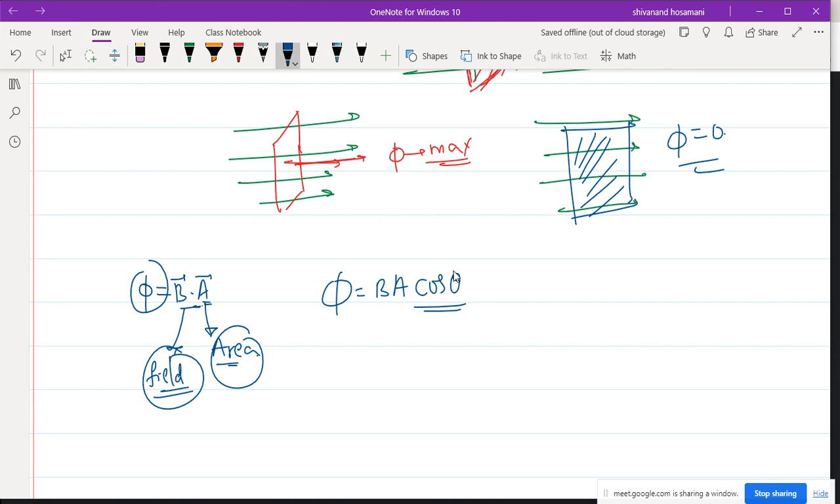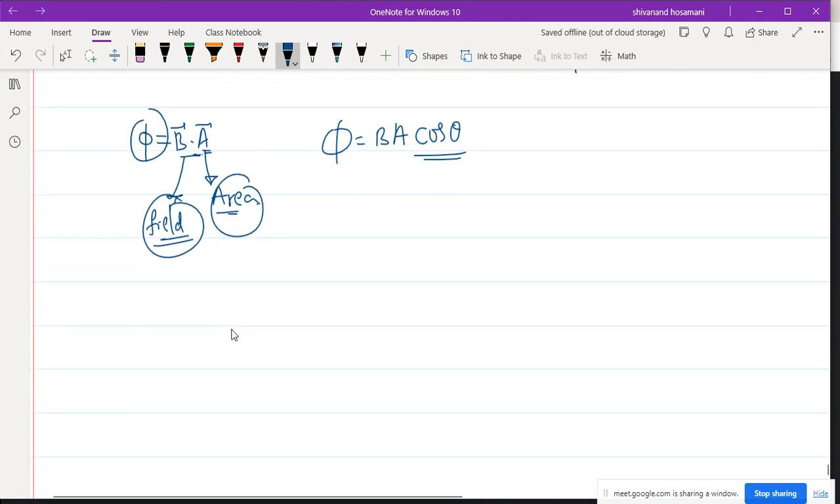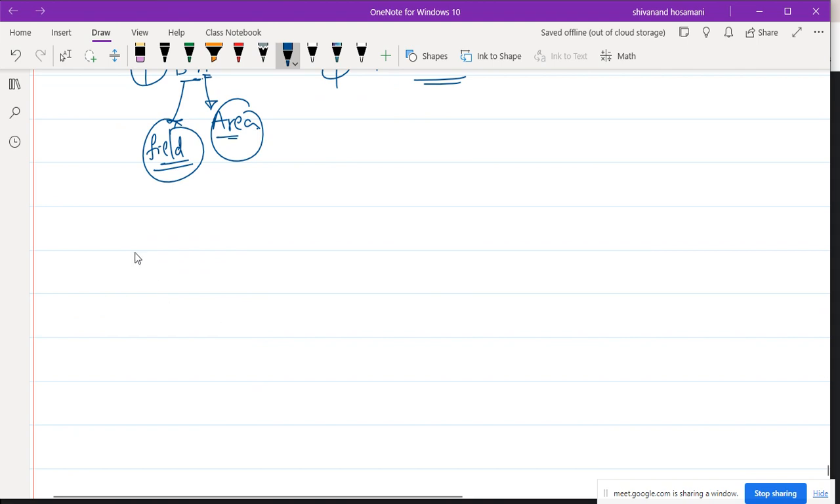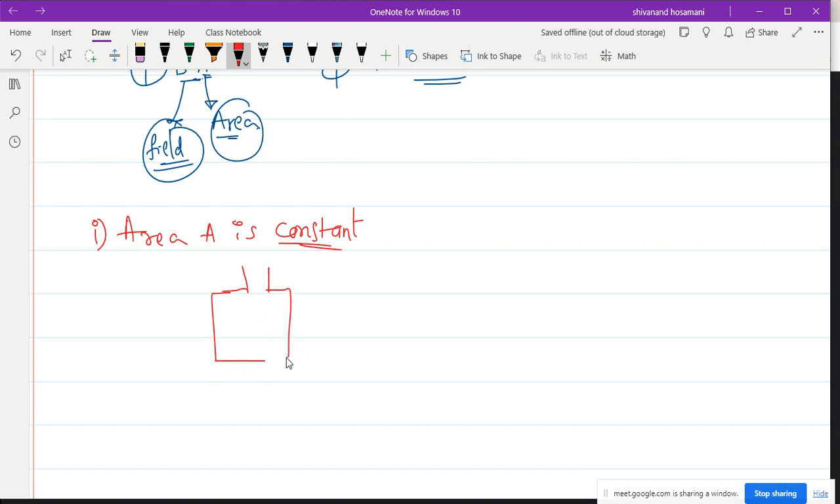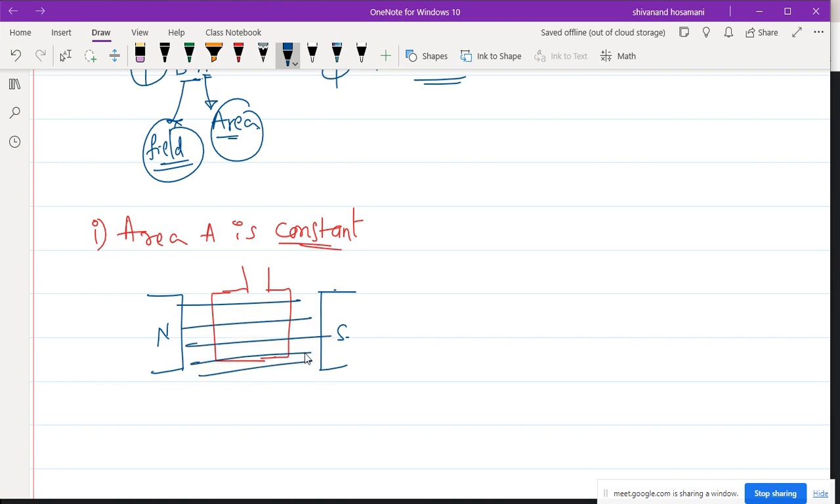flowing out of that cross-section area. Let us consider the area is constant, for example a coil whose cross-section area A is constant. Take a rectangular coil here. Then apply a strong magnetic field, with a north pole here and a south pole here. Magnetic field lines pass through it, correct? The coil rotates